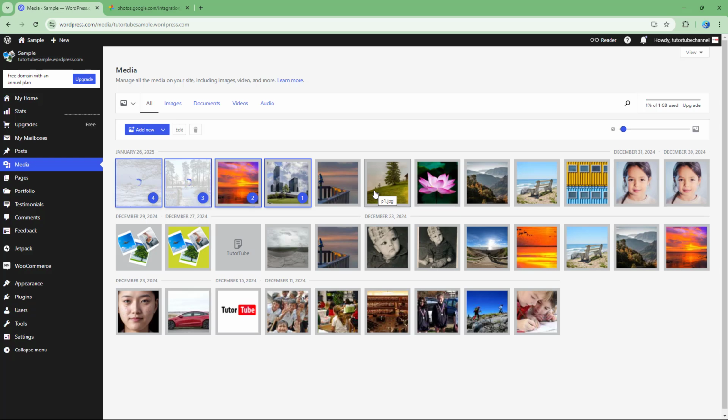And that is how you can access Google Photos and link Google Photos right in your media